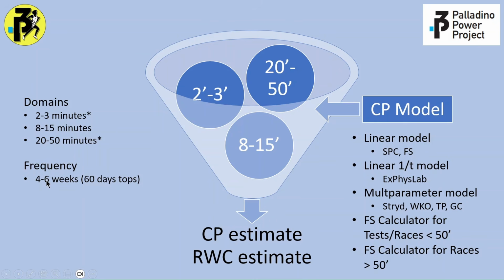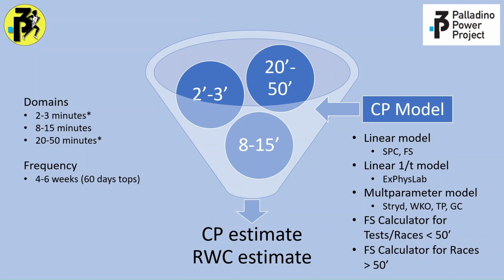Now, it doesn't have to be all 3 domains or even 2 domains, but you can rotate them. They don't all have to be at the same time. You could rotate them. Do this one, and then 4 weeks later do this one, 4 weeks later do this one. And then you're always keeping within about that frequency, keeping the model fresh. All right? So there's a little bit of background